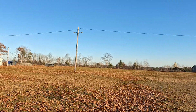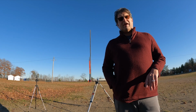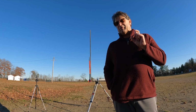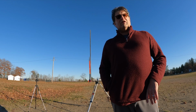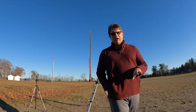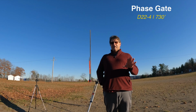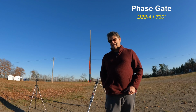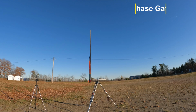Not so bad. All right, that rocket right there is Phase Gate. Phase Gate is our first 24 millimeter wide engine, a D22. It should go pretty high. I'm thinking about 900 feet. Let's see what happens. 3, 2,